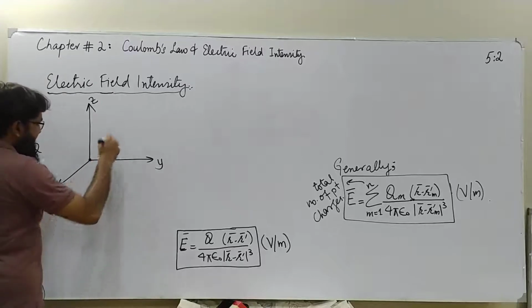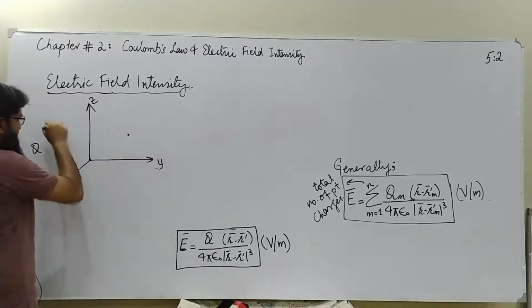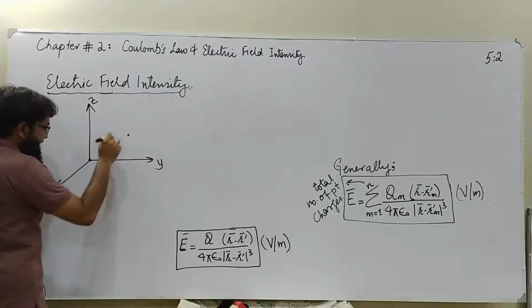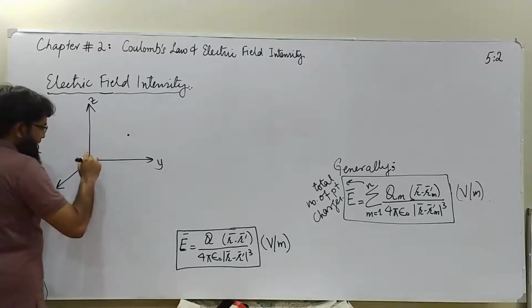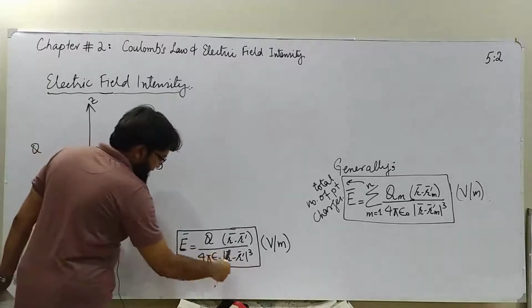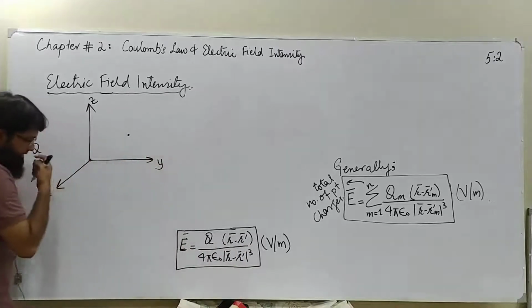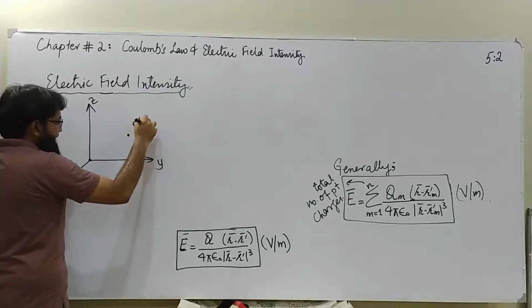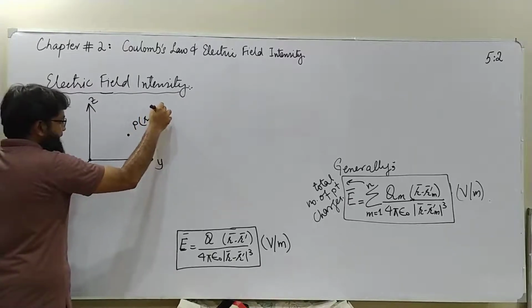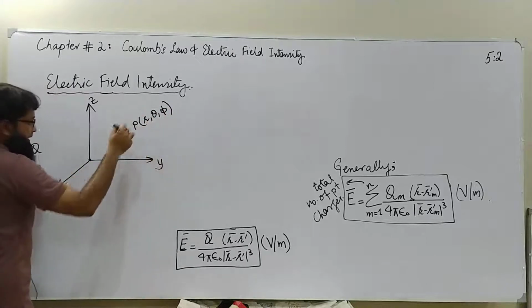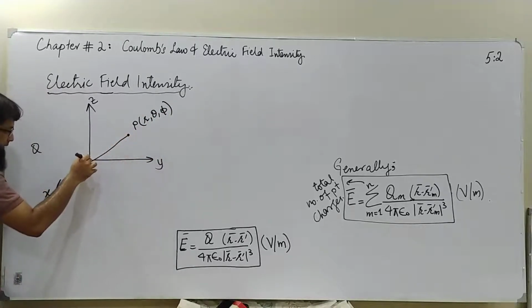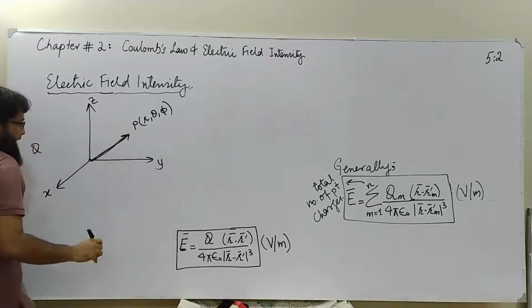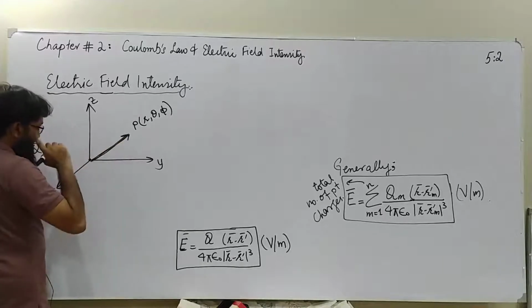So we know that at any point, let's say this is the field point, whatever the field point may be, the distance between the source and the field point is what we need in order to find the electric field intensity. All right, so the field point, let's say P, is given by r, theta and phi in a spherical coordinate system, where r is nothing but, if you join this point to the origin, you will get the radius r,